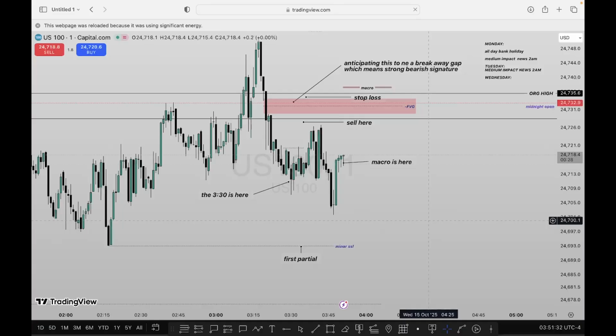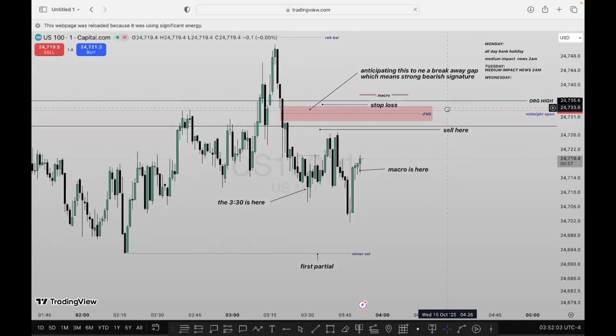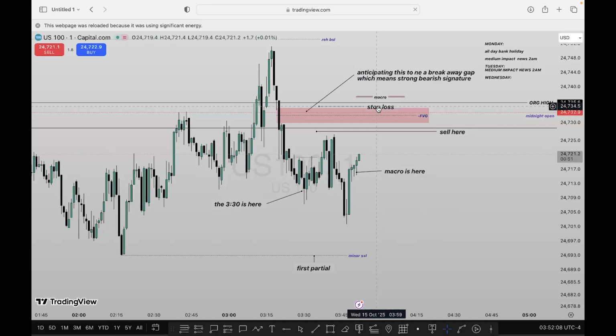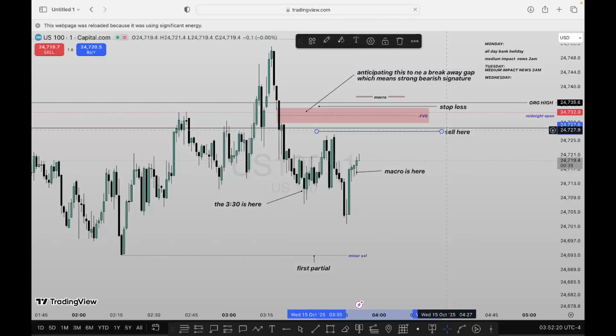This market was kind of sluggish at this point. It was just being all weird. I didn't even notice there is a breakaway gap. Did I? Okay, I think I noticed it. Yeah, I noticed it. There's an FVG created. Price just inversed an FVG. I noticed it real time.